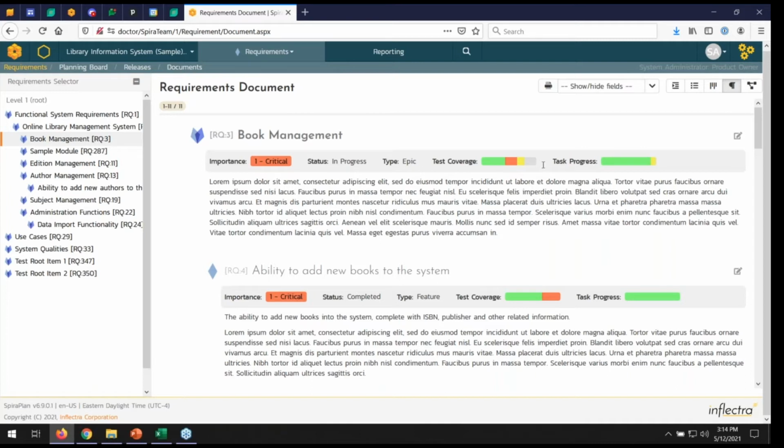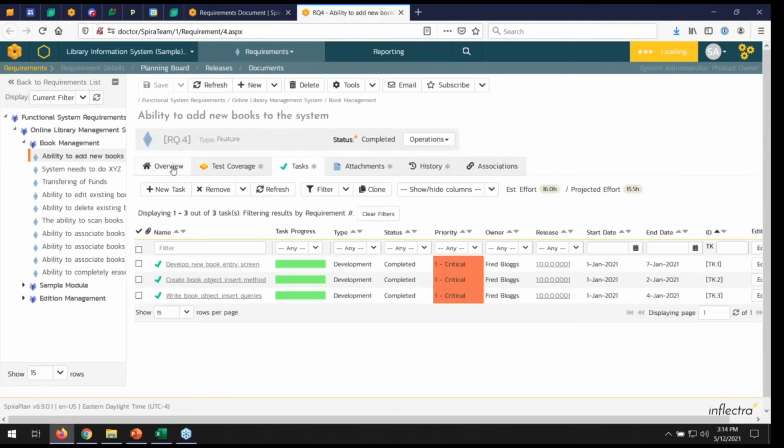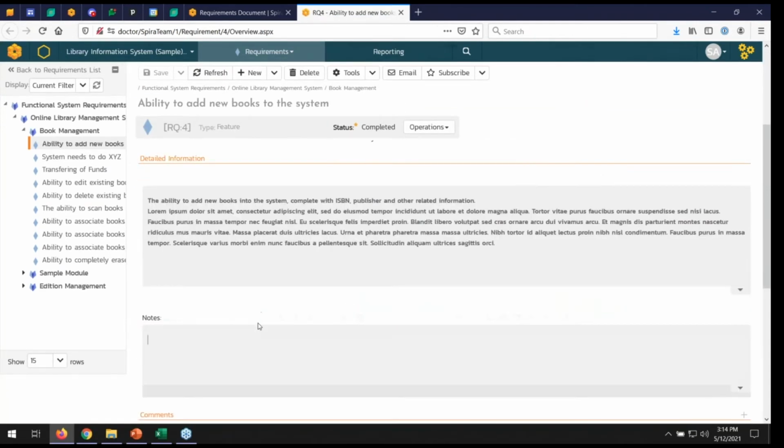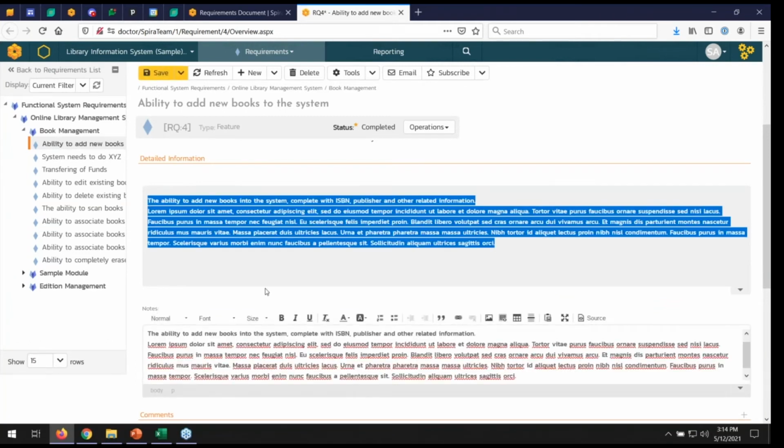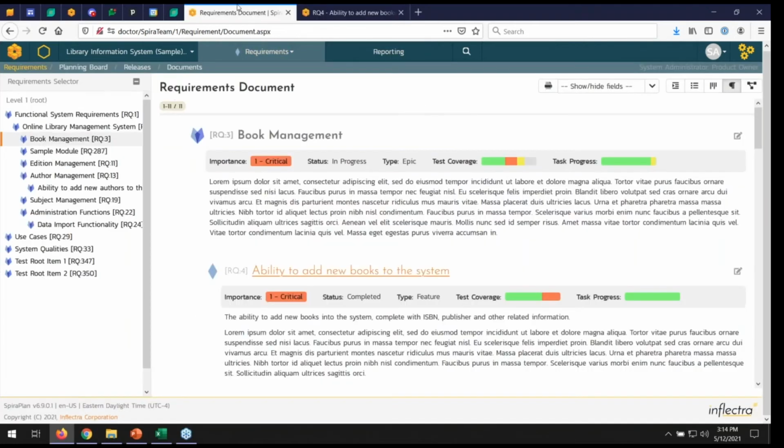Now, the other thing you might want to show is, what about the actual requirement description? So if we go into it, let's click on this one here. I'll bring this one up. This requirement has a name field. Right here, it has a description field. It also has a custom property notes field, and I can just grab some of this text. I'm going to replicate it in here and save. Okay, now if I go back to this view